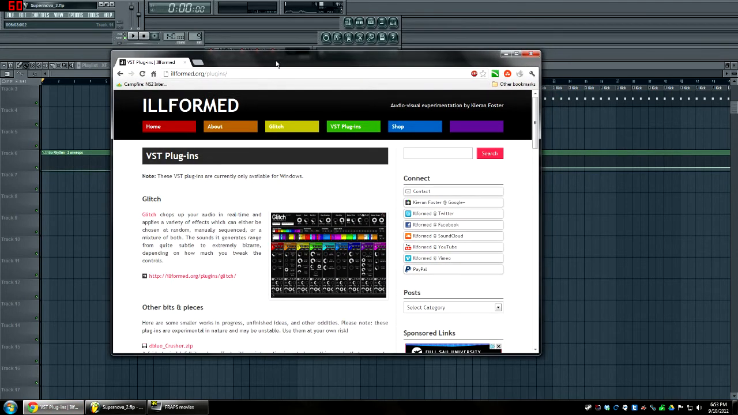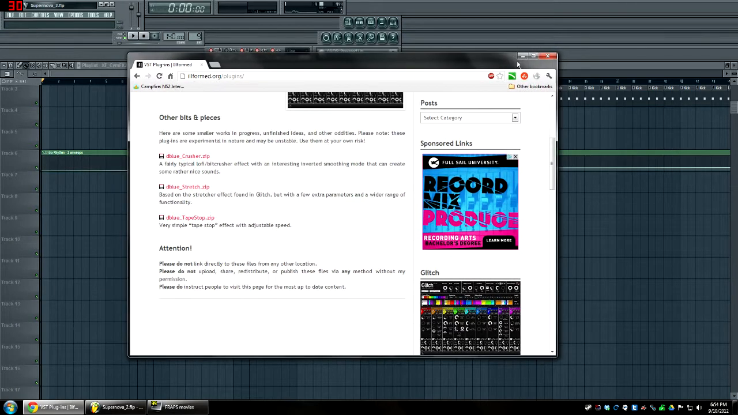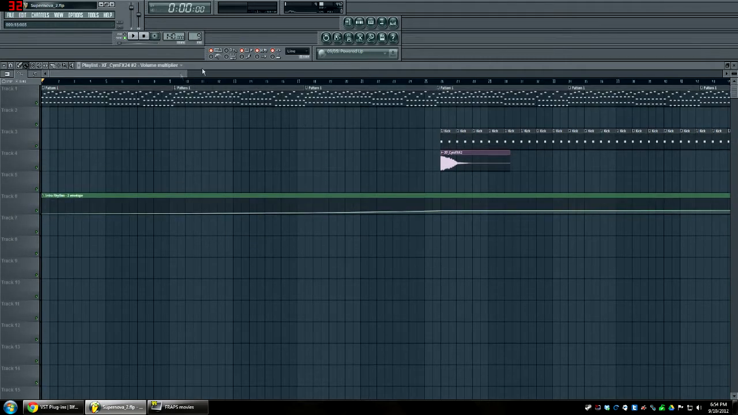here's the website to get it. lformed.org/plugins. And you're going to want to scroll down until you see dBlueTapeStop.zip. You're going to grab that, put that in your VST plugins folder. Make sure that you do a search for new plugins on FL Studio, which I'm sure you know how to do. And now what we're going to do is we're going to get a nice good one-off tape stop here